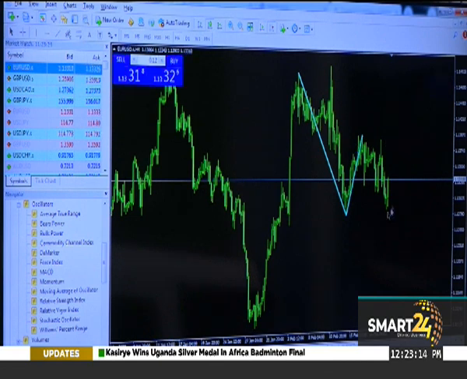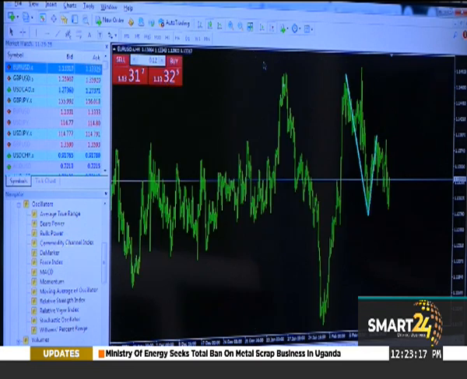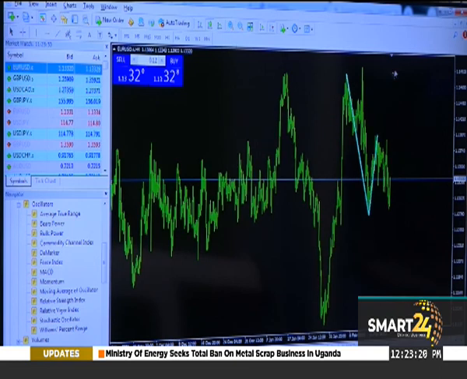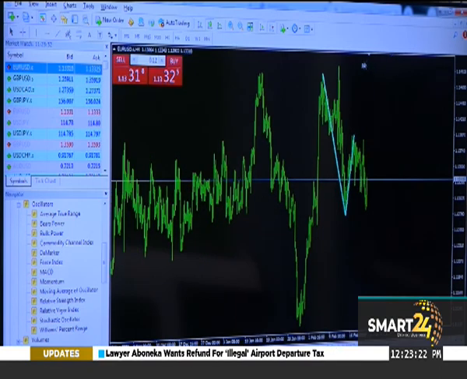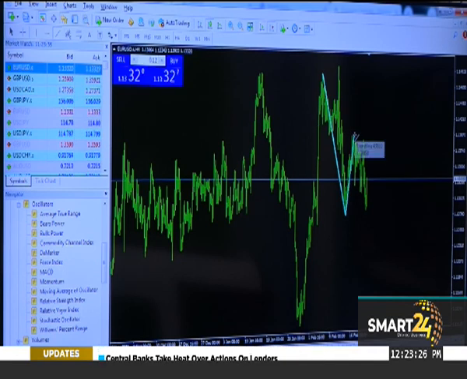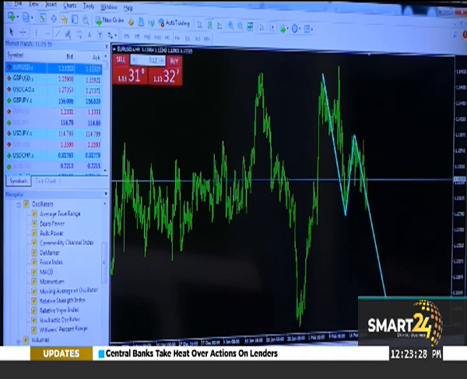Wave number 3 is always the longest. It's longer than even this first wave. So in order to get wave number 3, the assumption is it has to be more than those 2,000 points. Sorry, those are about 200 pips. So wave number 3 should most likely shoot to the bottom, to